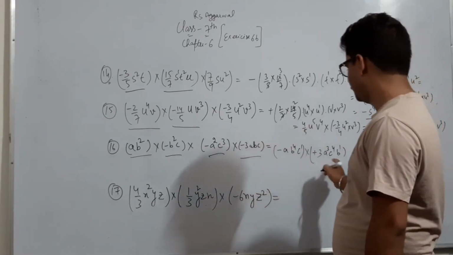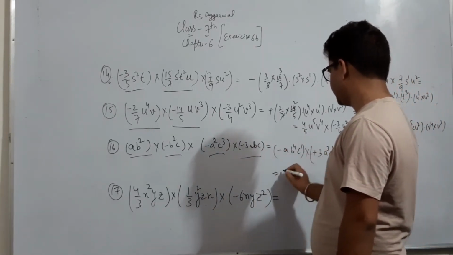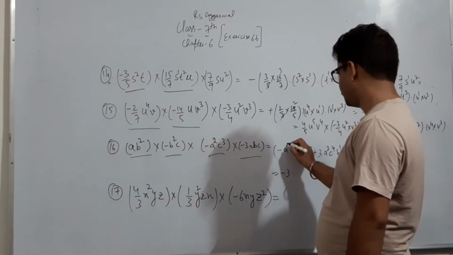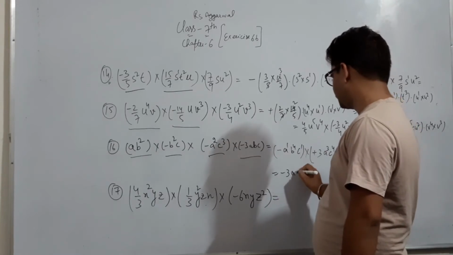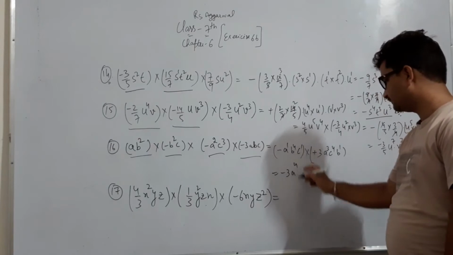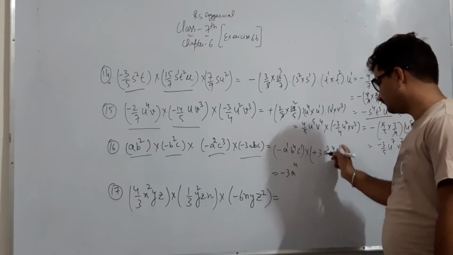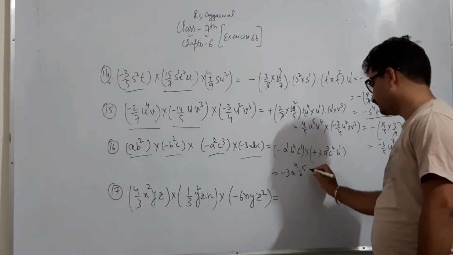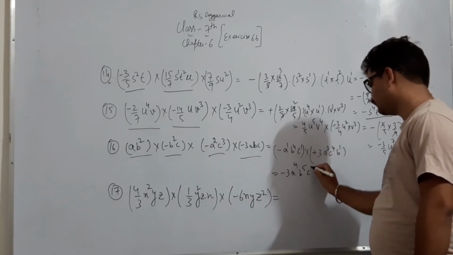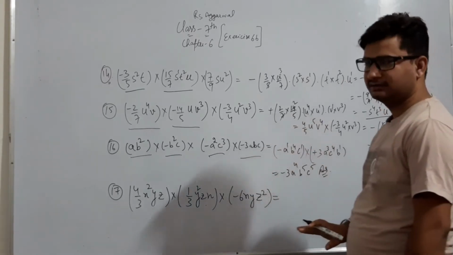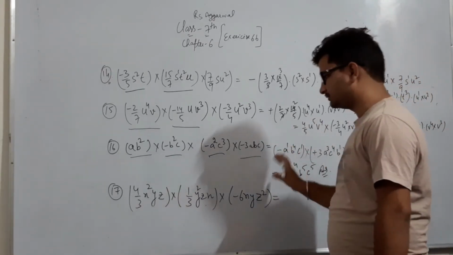ठीक है, अब इन दोनों को मल्टीप्लाई करेंगे. Here माइनस प्लस माइनस साइन, 1 है यहाँ पे 3 है, तो माइनस 3 लिखेंगे. a raised to power 1, a raised to power 3, तो a raised to power 4 हो जाएगा. पावर ऐड हो जाएंगी, लाइक टर्म है, b raised to power 4 एंड here b raised to power 1, तो b raised to power 5 हो जाएगा. c raised to power 1, c raised to power 4, so c raised to power 1 और 4, 5. So this is the answer. डायरेक्ट लिख दिया मैंने, ज़्यादा एक्सप्लेन नहीं किया, बट आपको समझ आ गया होगा ये क्वेश्चन नंबर 16.